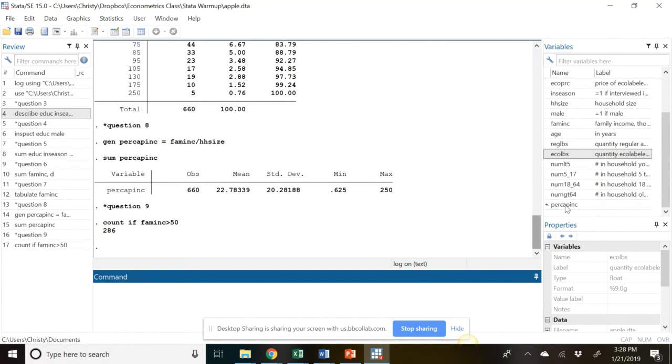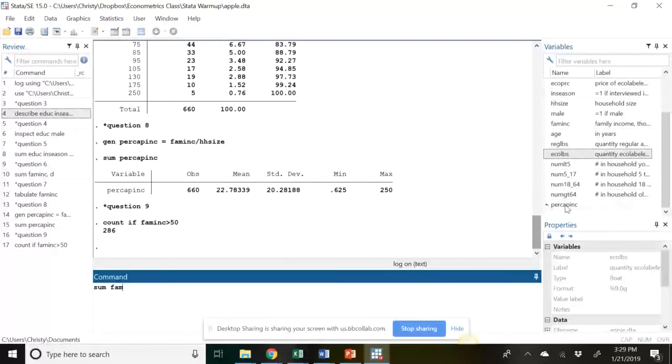All right, another way you could have done that, which would not be the most efficient way, but it's still only one command. You can actually use the summarize command with an if statement. So pretty much any command in Stata that we're going to be using can be used in combination with an if statement, right? That if statement says only look at this subset of the data and do whatever I'm asking you to do, in this case count, for that particular subset of the data, meaning only households who have more than 50,000. So you could have said sum,